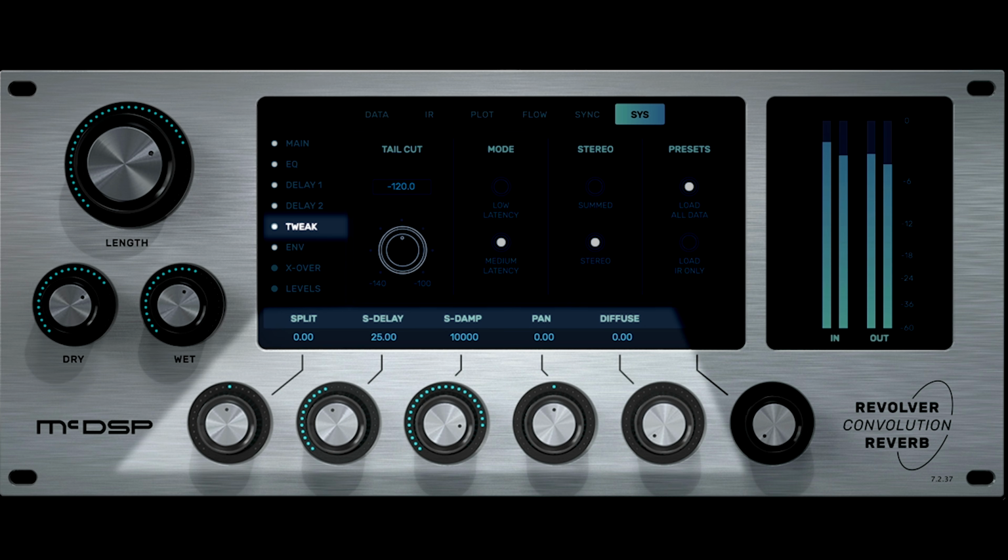The first is the tweak page, which adjusts the original impulse response's stereo imaging and diffusion with the split, S-delay, S-damp, pan, and diffuse controls. Split controls the amount of difference between the left and right channels as determined by the split delay and split damp controls. The S-delay knob alters the amount of delay time difference between the left and right channels by up